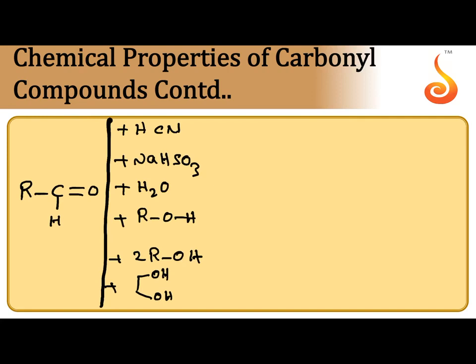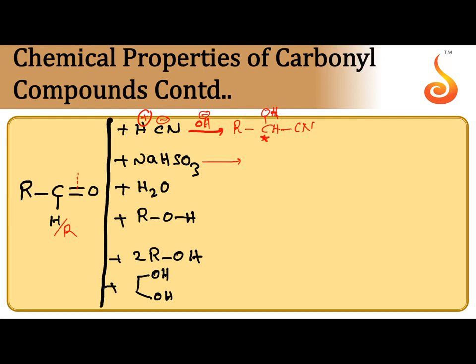Coming to the nucleophilic addition reactions, when an aldehyde, or you can take even a ketone also, is subjected to addition with hydrogen cyanide, CN minus attacks at the carbonyl carbon, H plus attacks at oxygen, but a base, alkali, is required. Then we can get R-CH(OH)CN. This is called cyanohydrin. When OH and CN are both on the same carbon, the compound is called cyanohydrin. This is optically active if R is other than H.